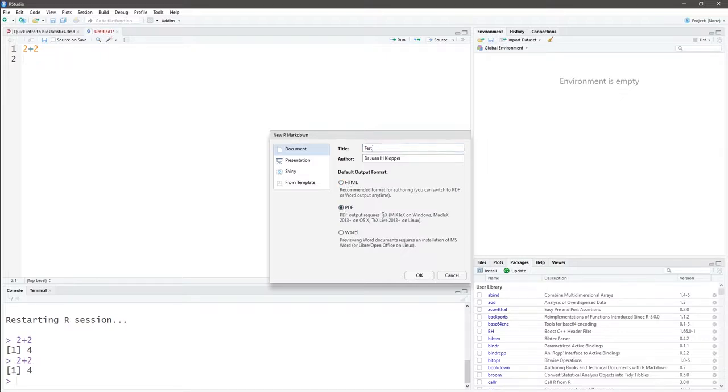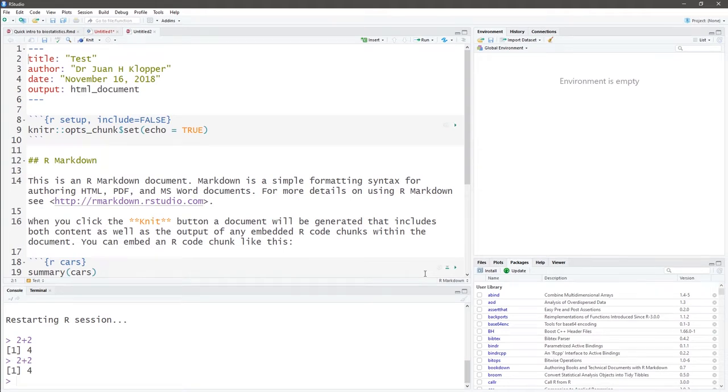Do you want the export to be a PDF, or do you want it to be a Word document? So lo and behold, you can write all your code and you can export it as a Word document or as HTML. Now you can change this after the fact, after choosing this. So just leave it at HTML, no problem there whatsoever. And this is going to open up this default new file here,